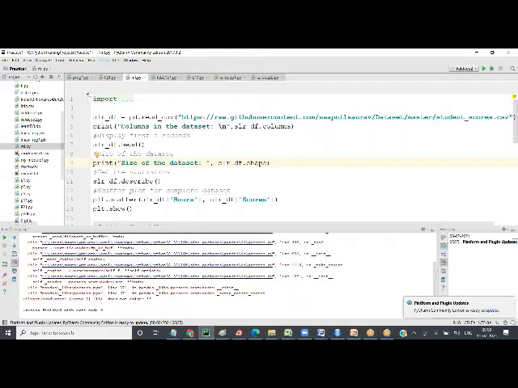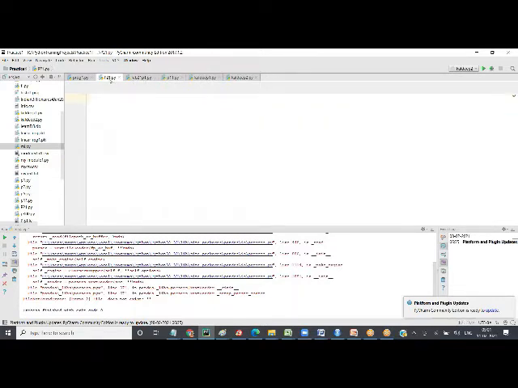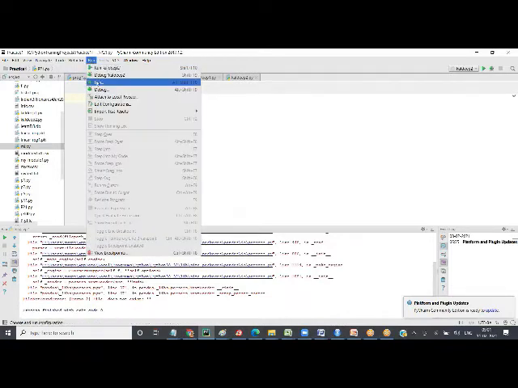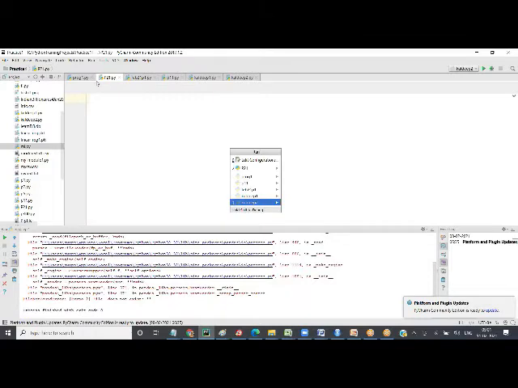But if you're executing, that file has to be open here. You cannot execute a file which is not there. So you have to first open it, and let's say I want to run P21. I'll go to run, I'll select run, and then I say P21.